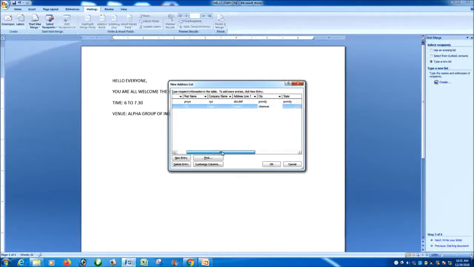Then you have to give the state, next zip code, work phone. At last, email address.